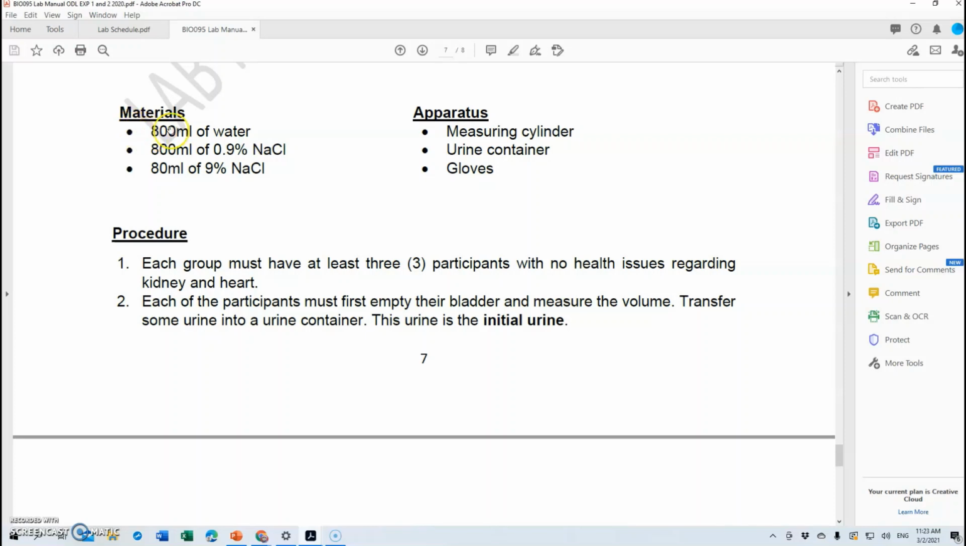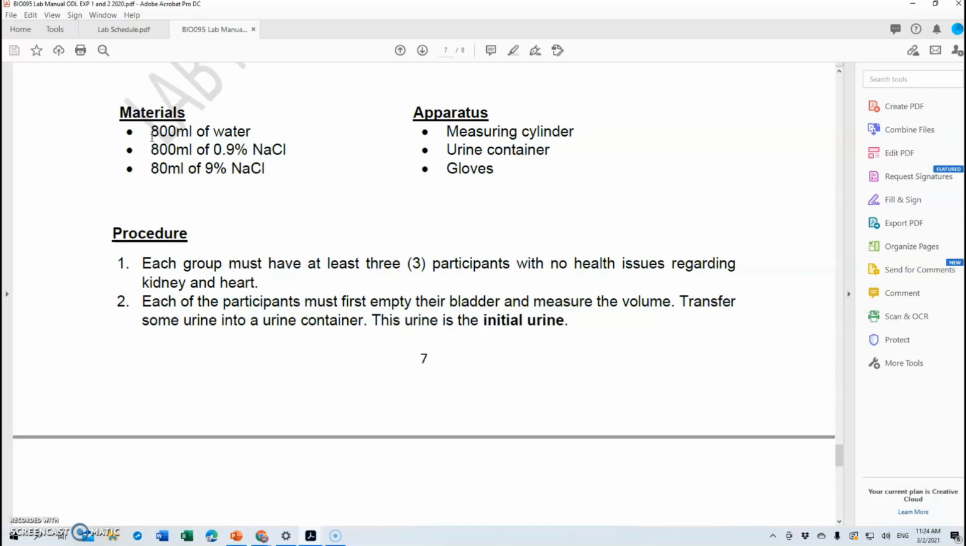So for example, if participant A were to drink 800 ml of water, so obviously the amount of urine produced for the final urine collection will be a lot more compared to the initial urine. So you have to come out with your hypothetical and logical result. If you do not want to come up with hypothetical results, then you could